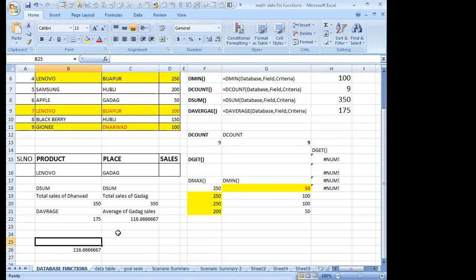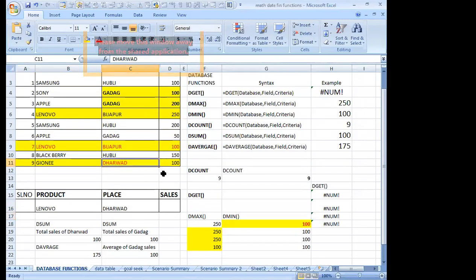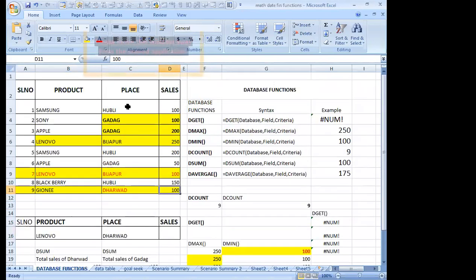If it is Gadag there, and if I'm changing it to Dharwad, see the answer, is it changed? Because for Dharwad, the value is 100 here and we don't have any other place as Dharwad. If I'm changing it, here it is.